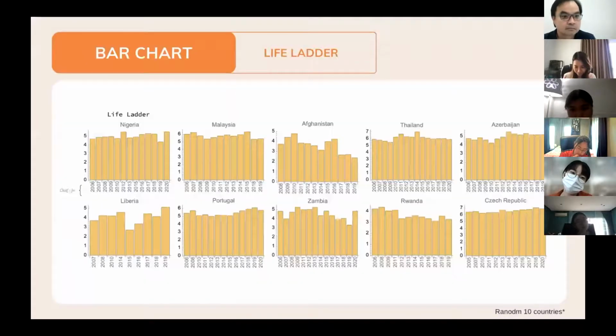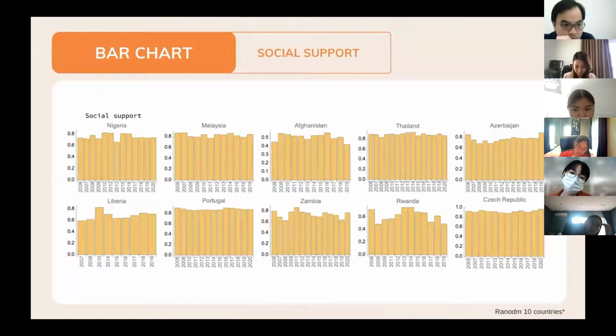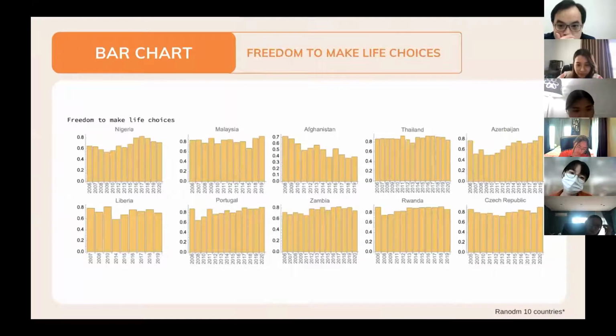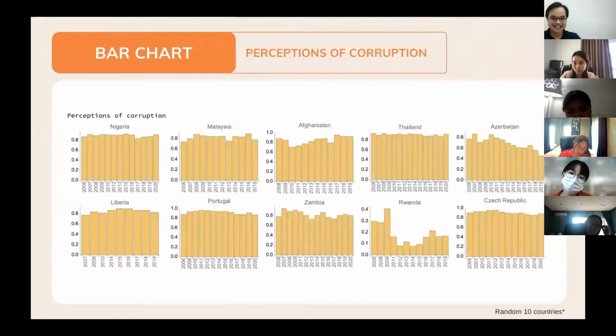First, bar chart. I randomly selected 10 countries out of 150 to see any abnormal increase or decrease in numbers in each factor throughout 2008 to 2019, but some countries have up to 2020. From what I can see, there are no abnormal changes except for generosity and perception of corruption factors. I will do more research on why there is a big change in those numbers